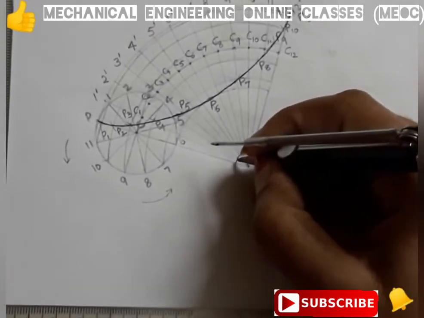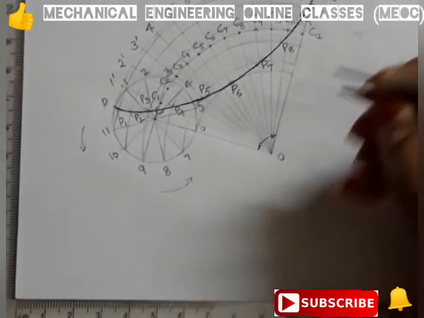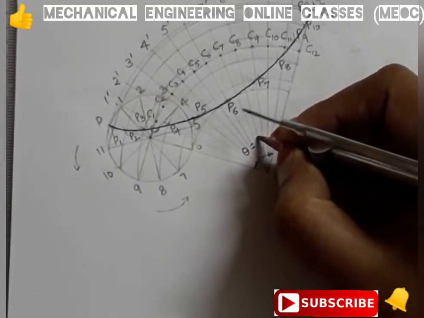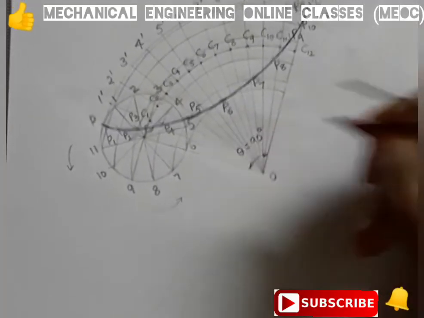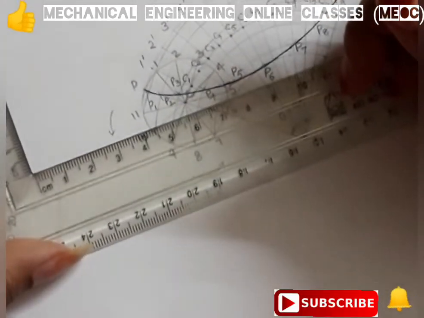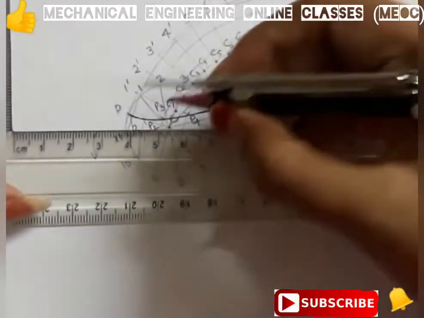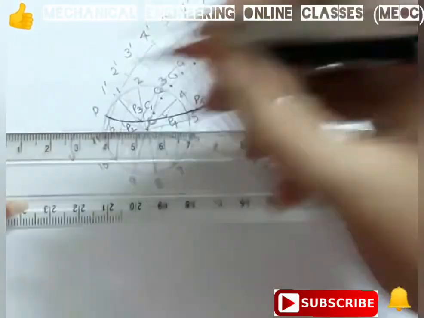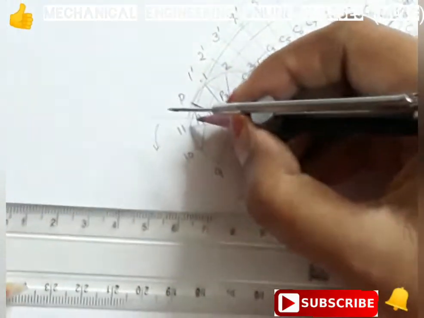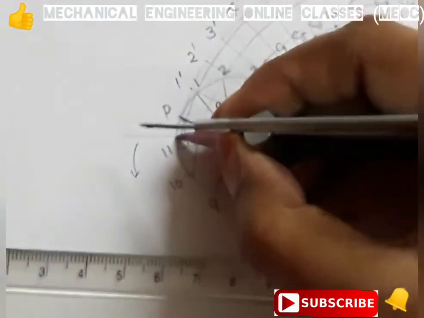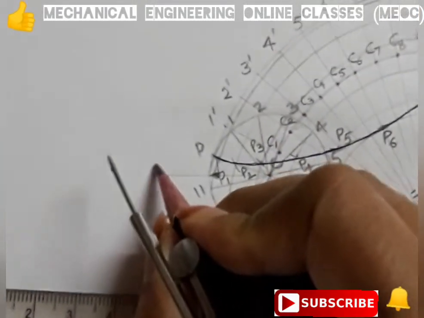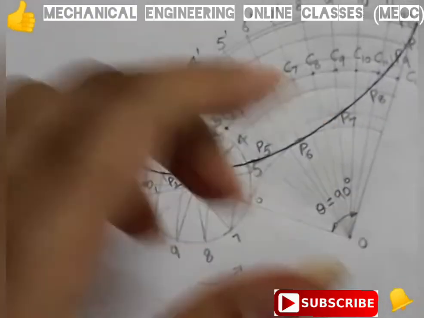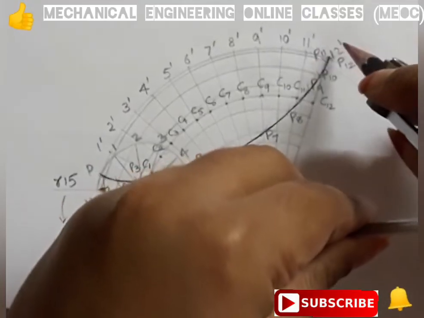Please keep the arrowheads in 1:3 ratio. I am mentioning the angle as theta is equal to 90 degrees, and I will take a radial line. Apart from the divisions, I am taking another radial line. I am extending it. This is R15, and I will also extend the directing circle a little.